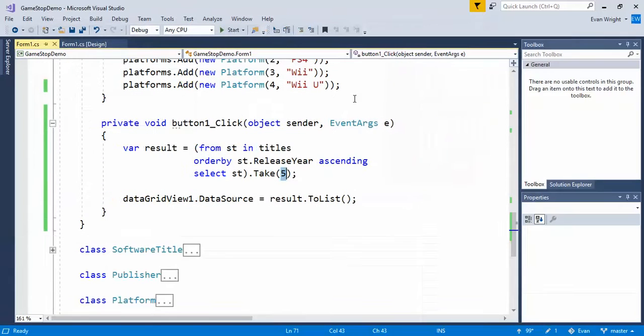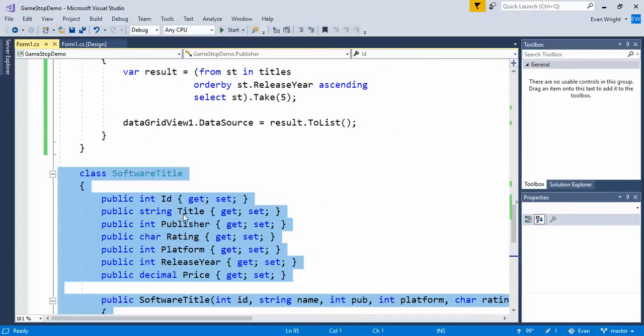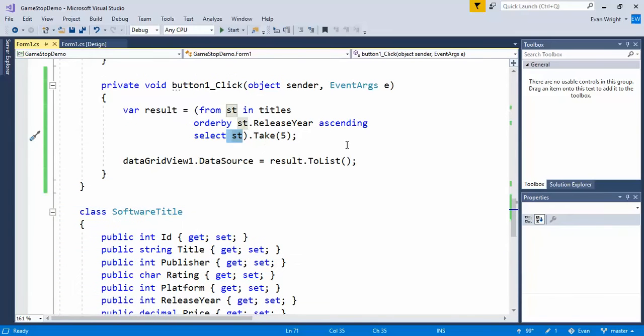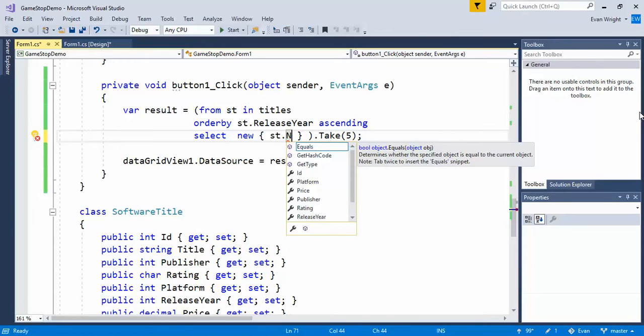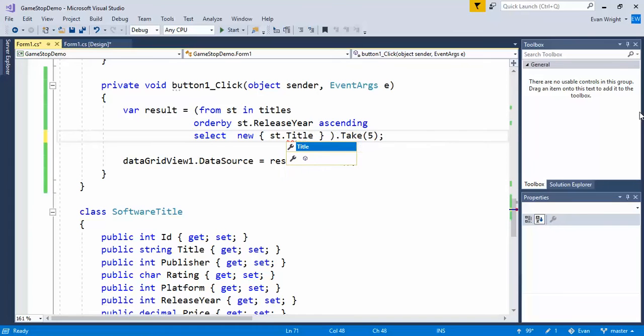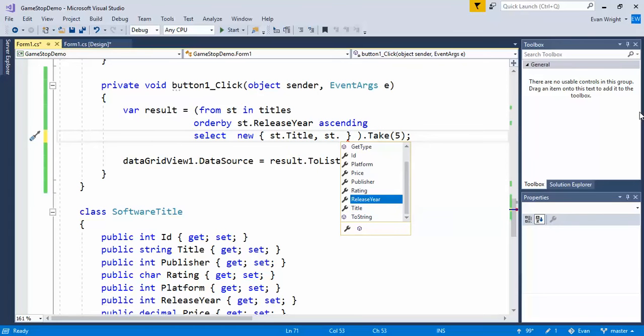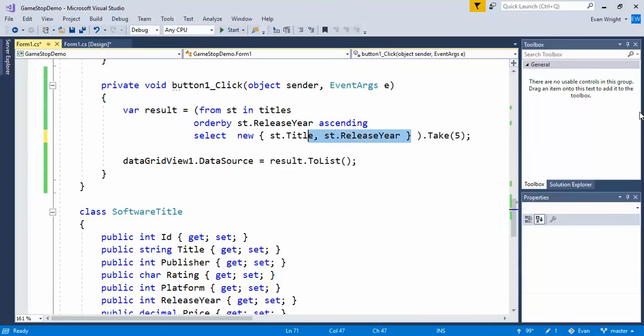Okay, so now let's make this a little more complicated. What if we wanted, right when we select ST, we're selecting all of the fields in that software title. Maybe we just want the name and the release year. Maybe we just want those 2 things. So instead of selecting the entire object, what we need to do is select a new, and then inside of the curly braces, we're going to specify the fields that we want. And we'll specify st dot title, and st dot release year. So now what we're doing is we're making a new object on the fly that has a title and a